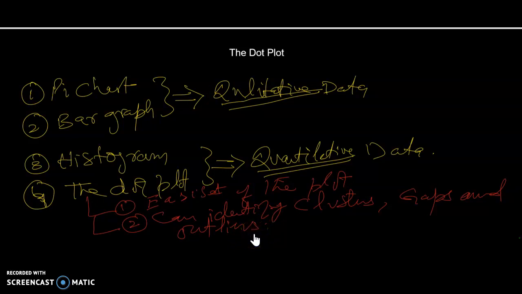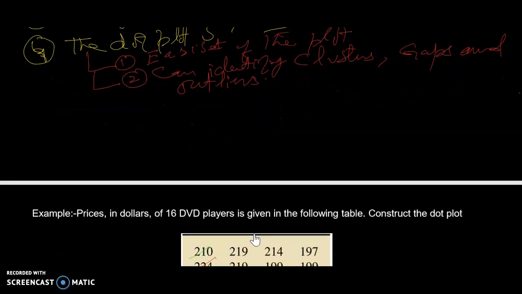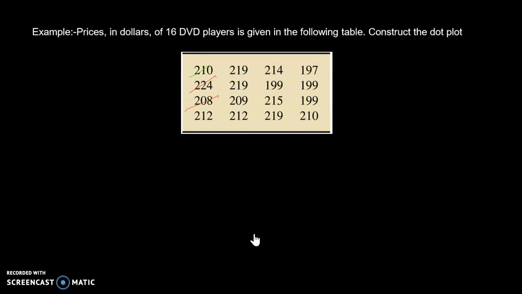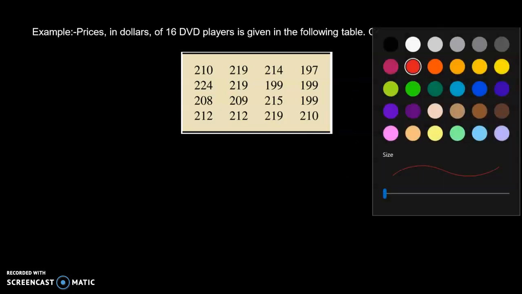Okay, how do we make a dot plot? Let's go to an example. So this is an example I have. The prices in dollars for 16 DVD players are mentioned here. These are the prices of 16 DVD players. And we are asked to construct a dot plot. What is the first step here? The first step is that we're going to draw